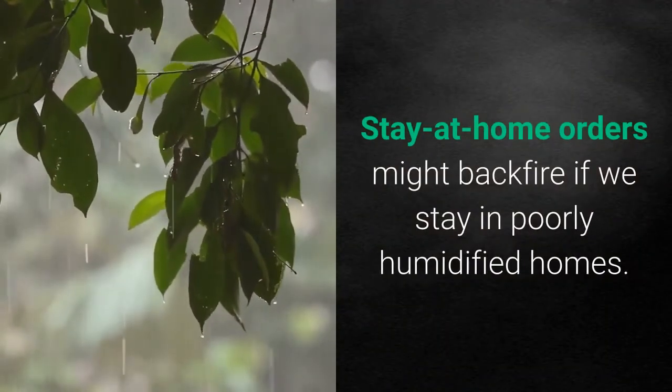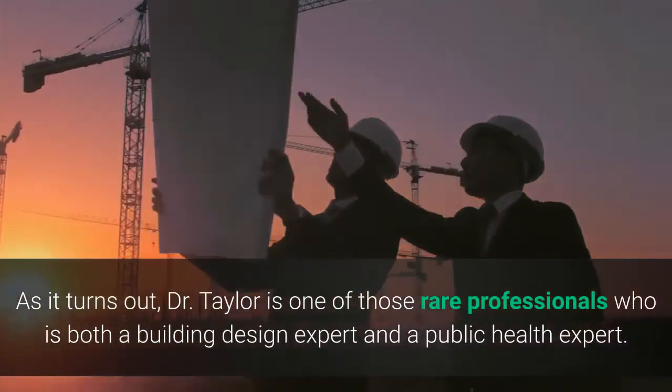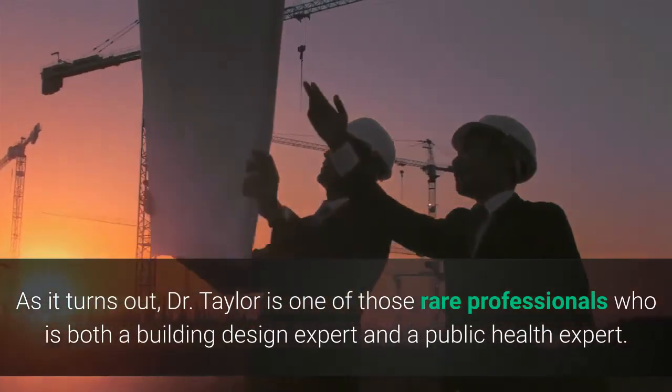Stay-at-home orders might backfire if we stay in poorly humidified homes. As it turns out, Dr. Taylor is one of those rare professionals who is both a building design expert and a public health expert,